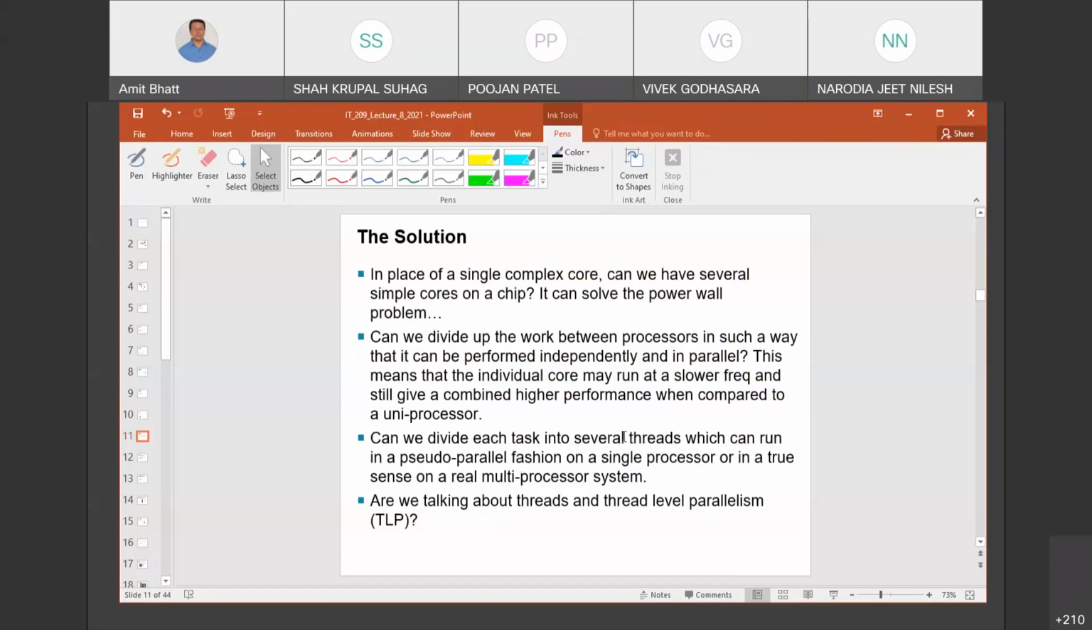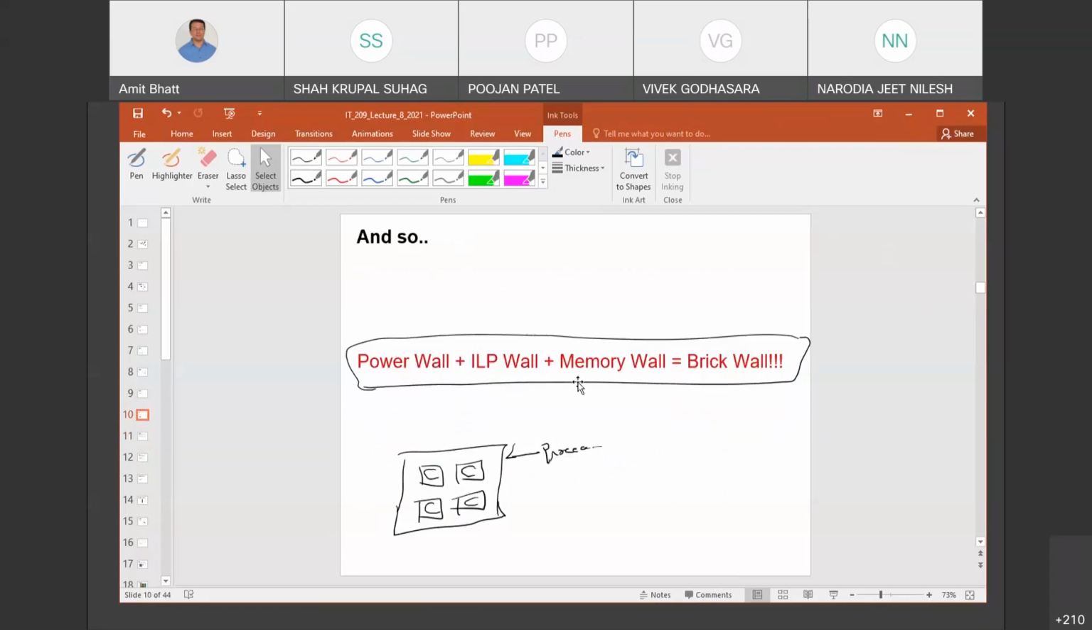So this is the solution which has come, and this is what we have discussed. Now, apart from this, there was also another thing which again came from old school, and that was